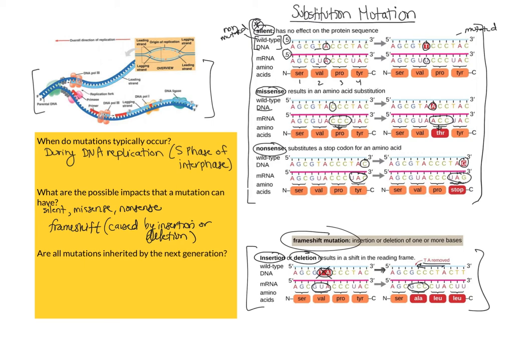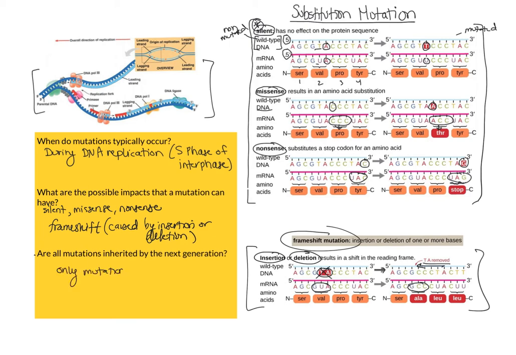Okay. So I want to talk about this last question here. Are all mutations inherited by the next generation? So remember, right, DNA mutations occur whenever replication is happening. And so that can happen before mitosis or before meiosis. And when we strictly talk about, let's say, humans, right, we have mutations happening in our cells every day as a result of mitotically dividing cells in our body. However,